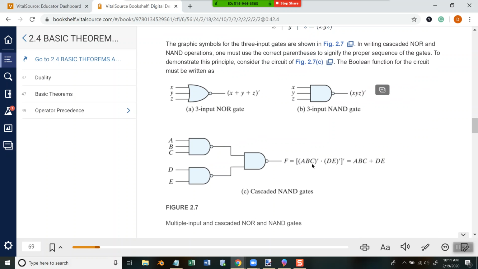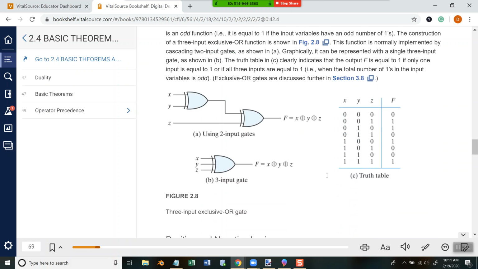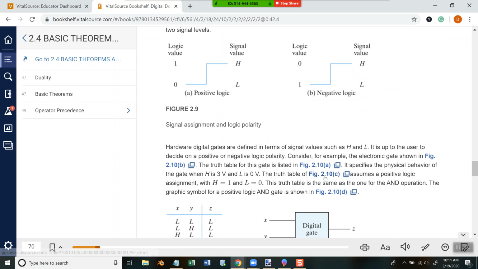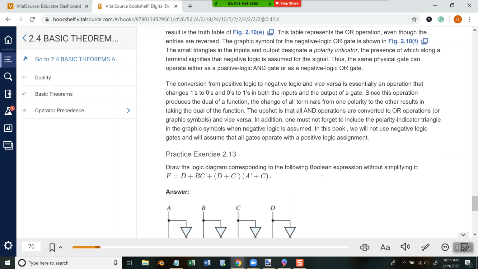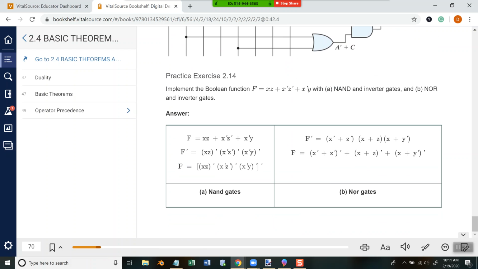But anyway, how you represent them is listed up above. Like to achieve this effect, then you'd have your ABC and then A prime, or the inverter, times or and D and E, and then our inverter and then an inverter on the outside. Okay, so what they did down here,